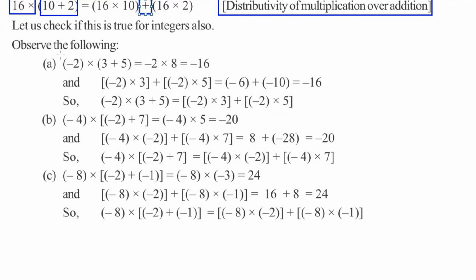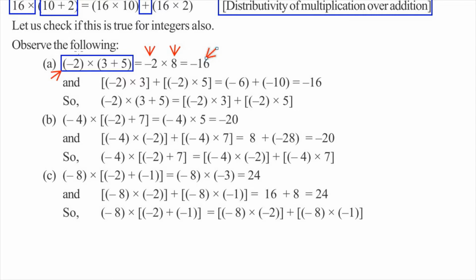Here we have our first example, minus 2 into (3 plus 5). For us to solve this, let us solve the 3 plus 5 first. When we find the sum, we get that it is going to be 8. We are going to copy this minus 2 as it is over here, and we are going to get minus 2 into 8. We know that when there is a positive and a negative number, we need to product them as whole numbers and then we need to add the negative sign. So the product is going to be minus 16.